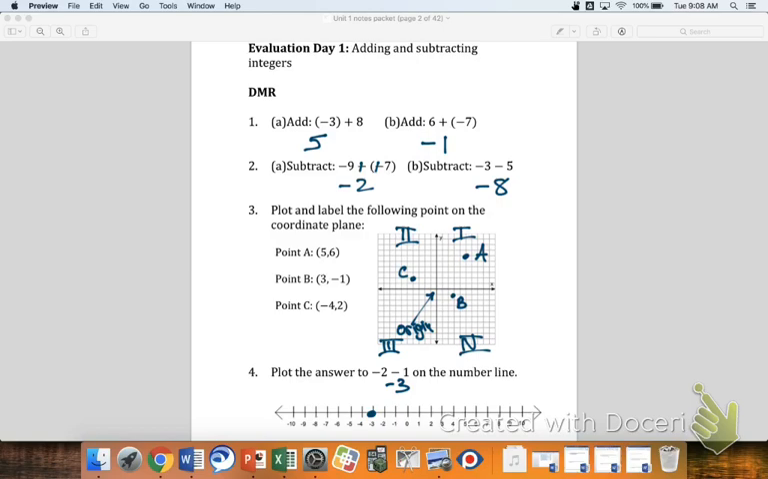Right there. Notice how there's no DMR for evaluation day 3. There's a DMR for day 2, and there's one for day 1, but on day 3, there's no DMR because we're going to do a DMR quiz. That quiz will look an awful lot like this,